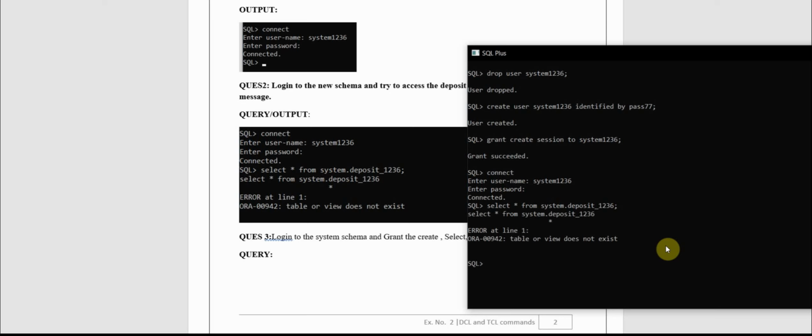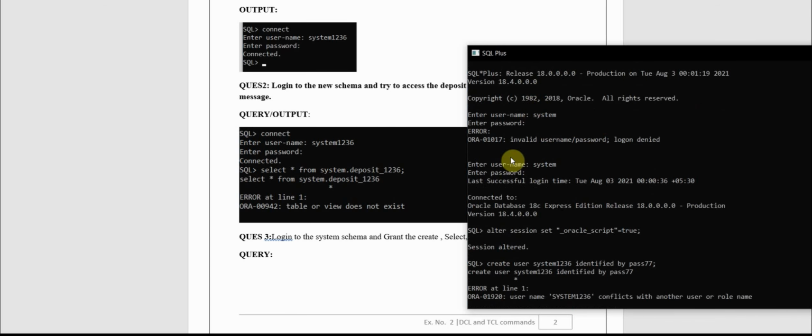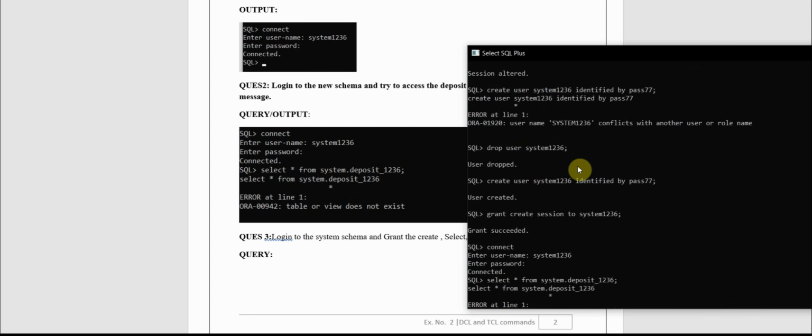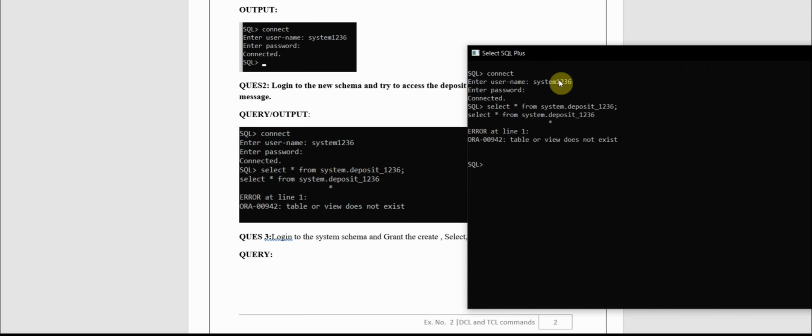This will throw an error, table cannot be viewed, because this is our main user, that is system. Now we have created a new user called system1236. So this user does not have access to all the tables and all the data which is present in the main user. So for that we need to give access so that the new user can access the data which is present in the main user.